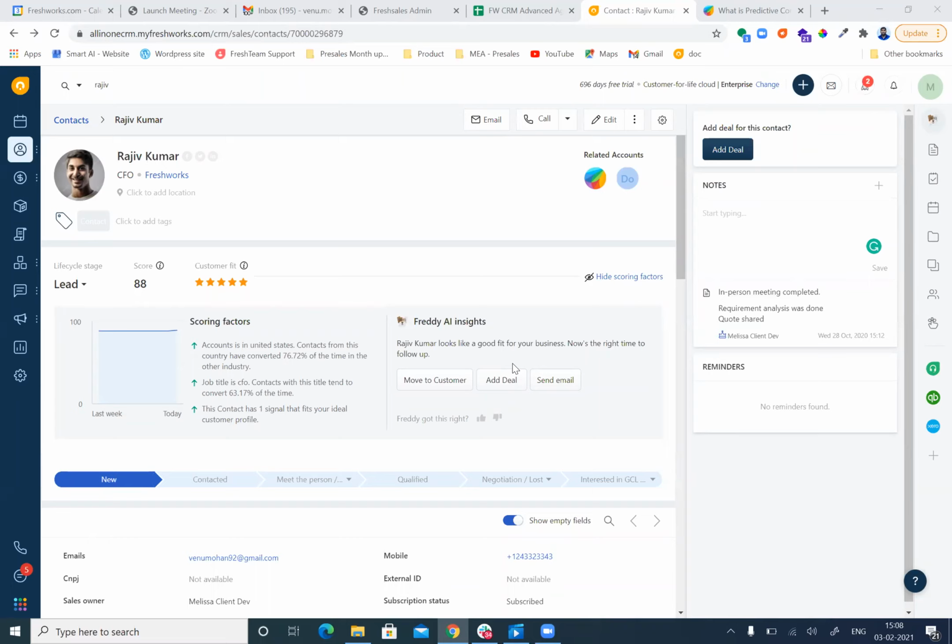Each and every industry, each and every organization has its own strategy. Some people would say if they have purchased product A and B, then they are a very good and big customer, and if they purchase product F and H, they are a low priority customer. So if you could let us know the key attributes we use to identify a qualified customer and an unqualified customer, then we will train Freddy with those attributes to prioritize your customers from the database automatically.